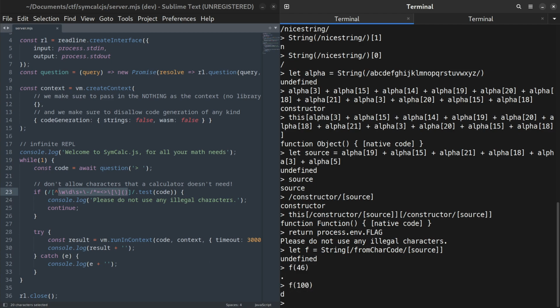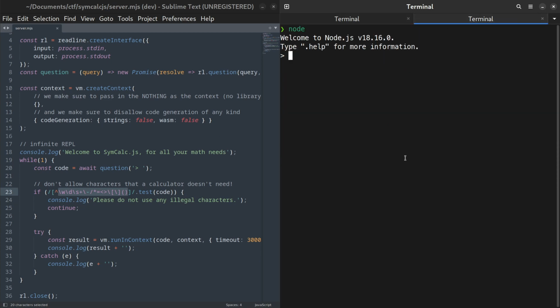Now we can create the entire string, but doing this one character at a time is a bit painful, so I'm going to open up a new Node.js REPL so I can quickly generate this. All right, first I type the payload I want to encode directly into this window. And then I use the split function to split the string up into its individual characters.